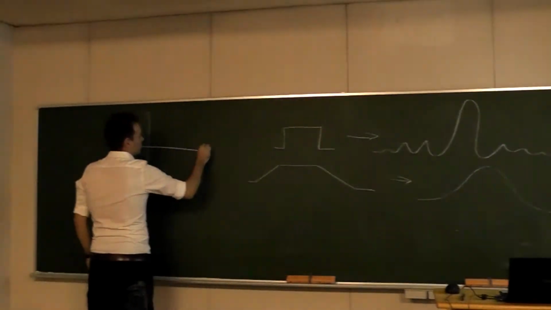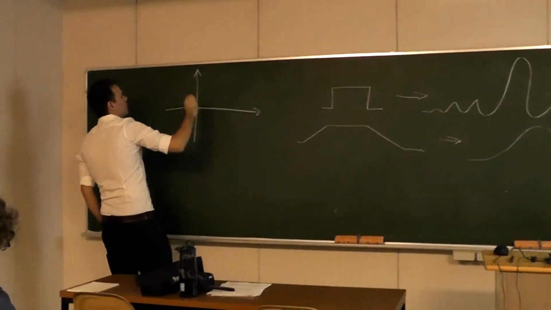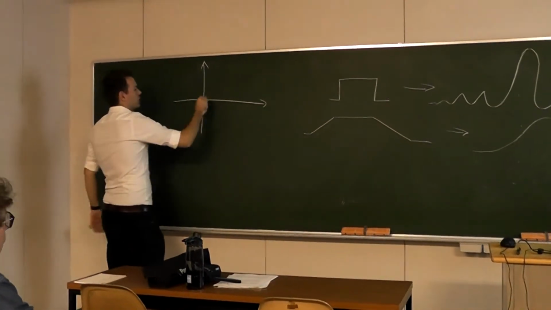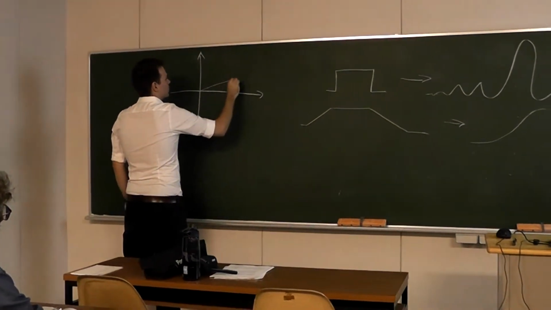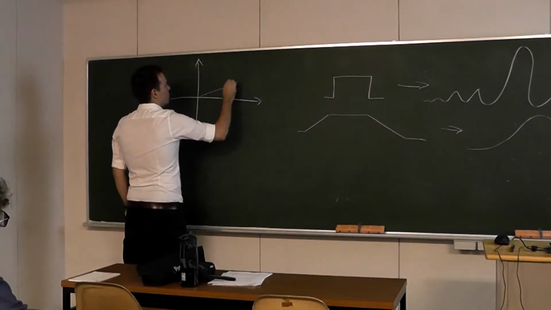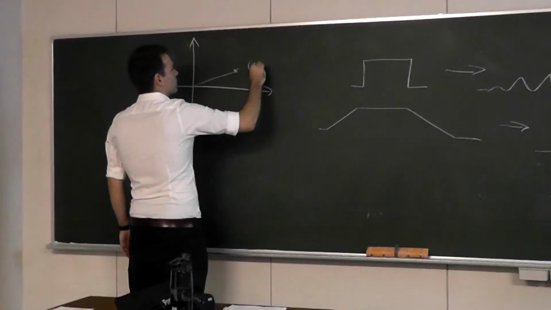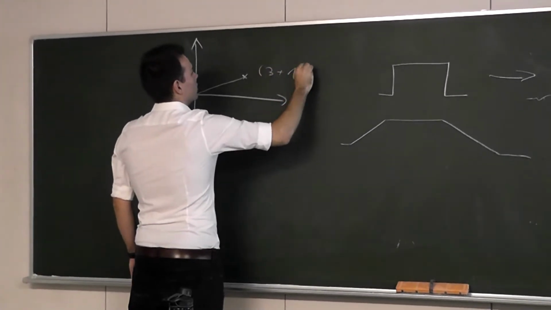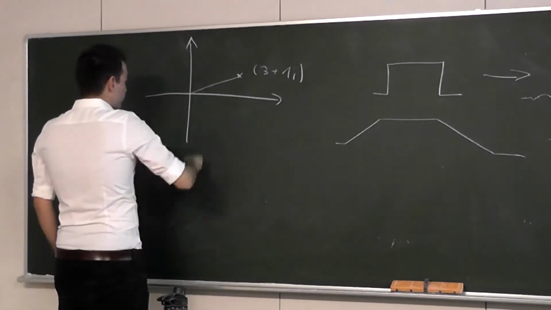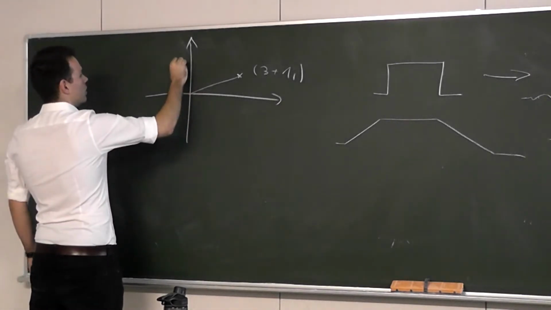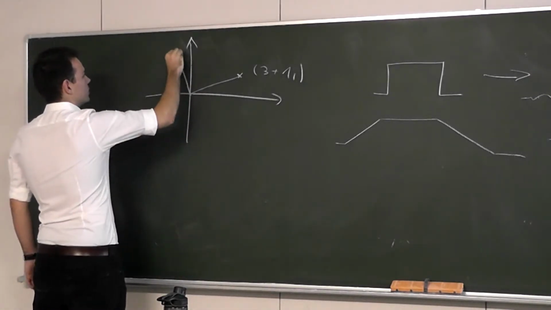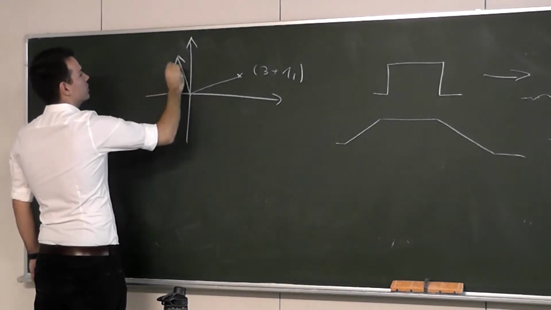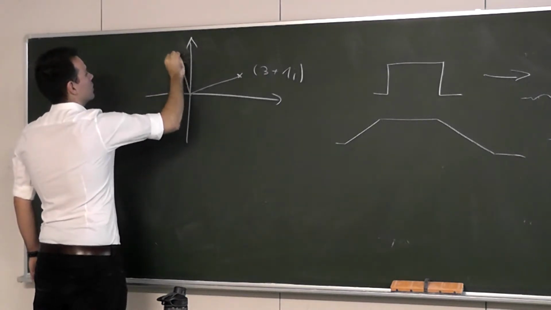Maybe those who are not that much into mathematics remember something like this. You have complex numbers. Maybe this is 3 plus 1i, and if you want to rotate it about 90 degrees, you can just